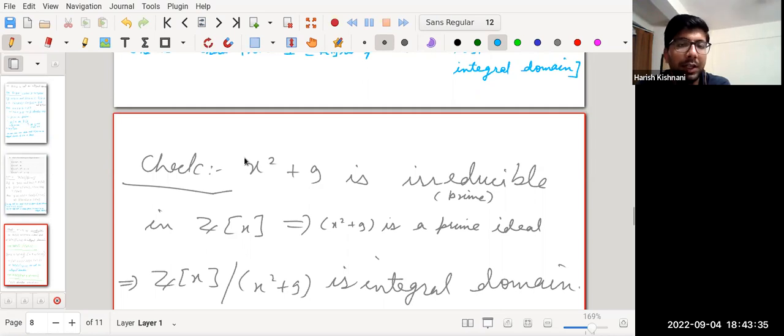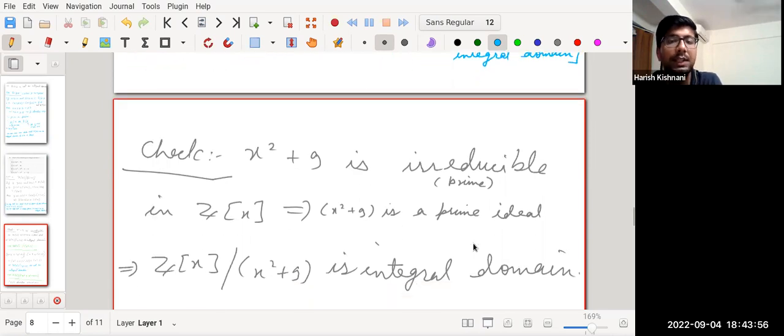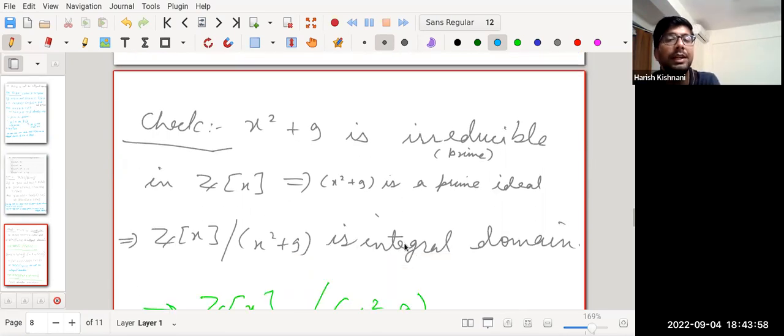Definitely, it is going to be irreducible inside the ring ℤ[x]. Okay, so x² + 9 is an irreducible element, or a prime element in this case, and thus the ideal generated by x² + 9 is a prime ideal, which by the above statement means that ℤ[x] modulo x² + 9